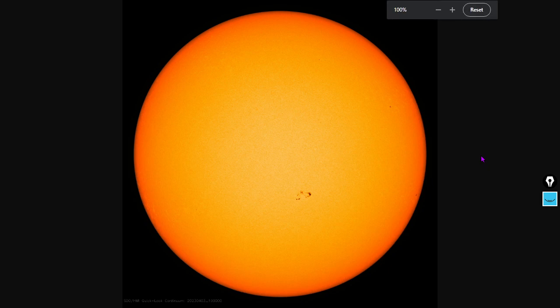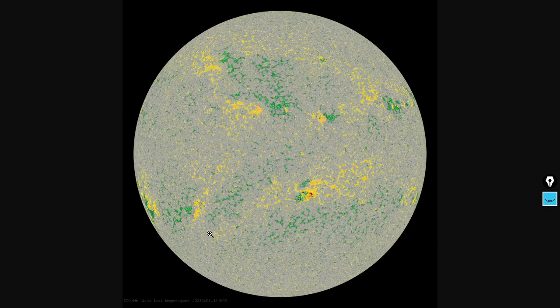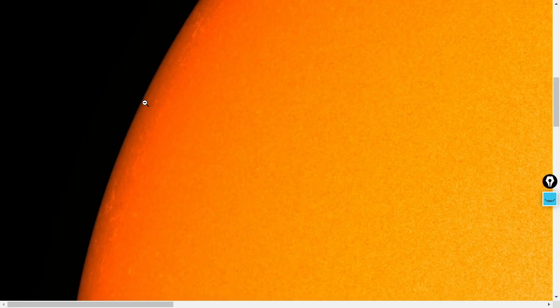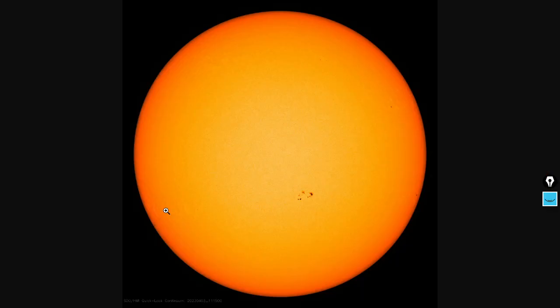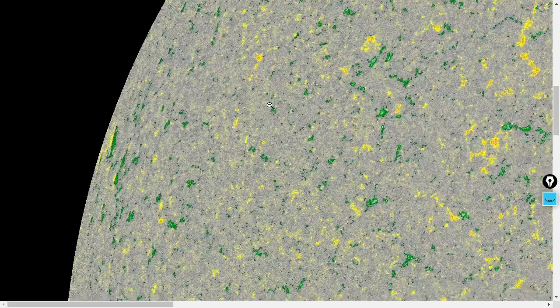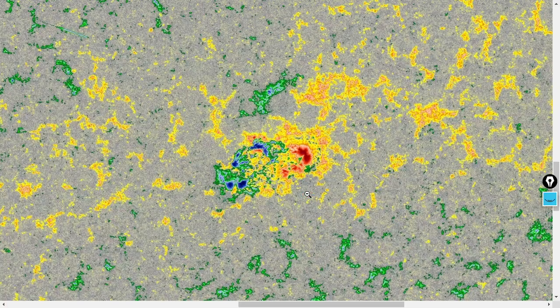So let's move on to latest intensitygram and latest colorized magnetogram. Again, this area here is not a sunspot. It's just a plage. No sunspots there. This did get a name, but it's looking weak since yesterday. And do we have any new sunspots rising in the north? Nope. We do have some fields rising. You can see a little bit of magnetic fields happening up there, but no new sunspots,